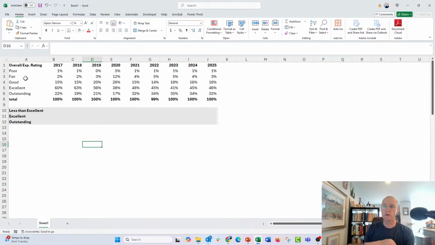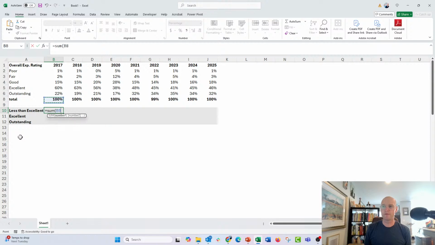It's 5 points: poor, fair, good, excellent, outstanding. I want to aggregate these into a less than excellent bucket. That's the bottom 3 responses, which I often do, and it makes things look a little bit better, I think, especially for ratings like this when we're talking about zoo, aquarium, museum audiences, and that's who I'm working with mostly. So I'm just going to go ahead and sum those bottom 3